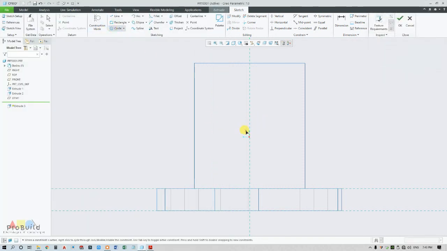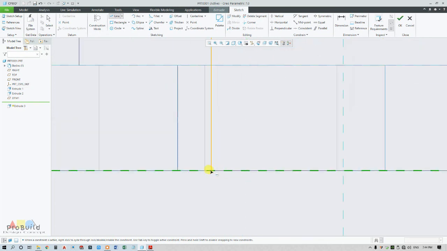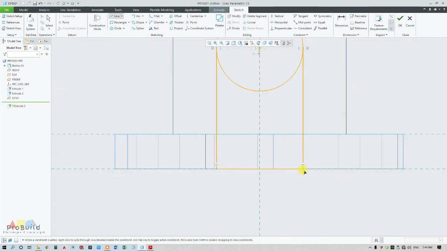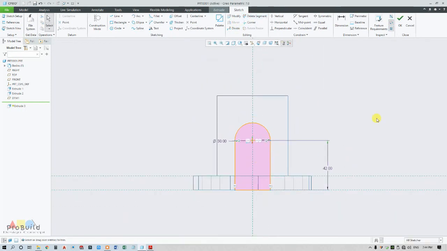So draw a circle 30, since it is 15 in radius, from here to here is 42, and draw a line straight down to the base and connect it carefully. Delete this segment.